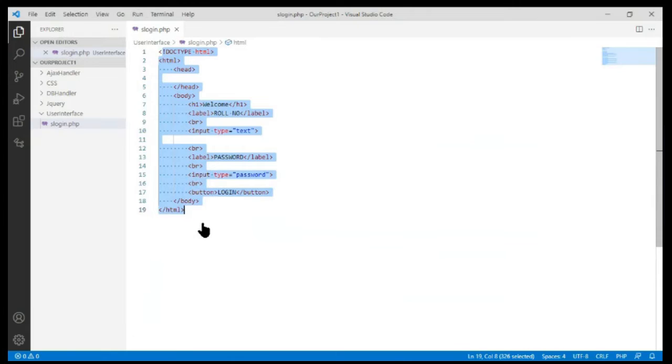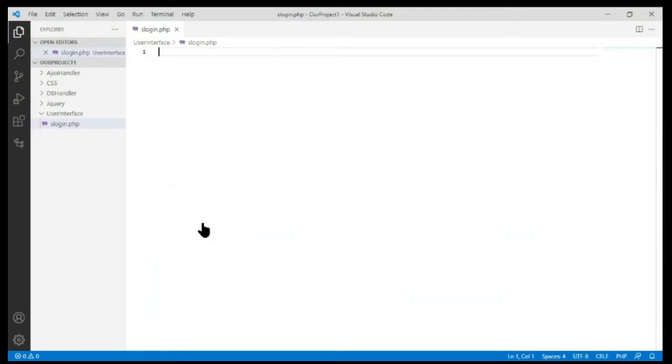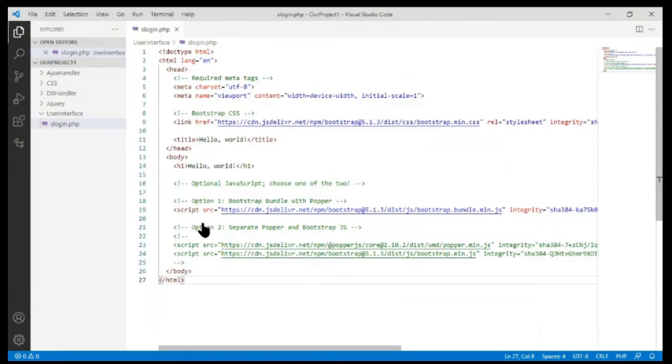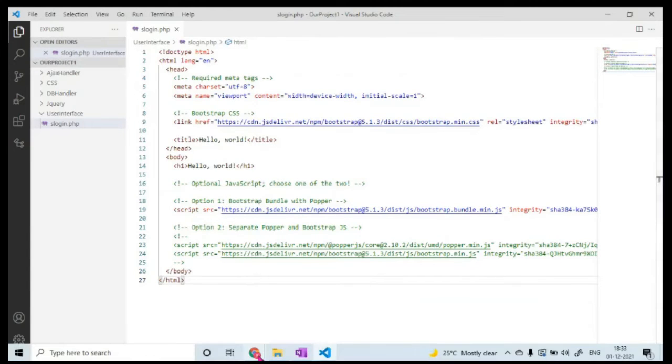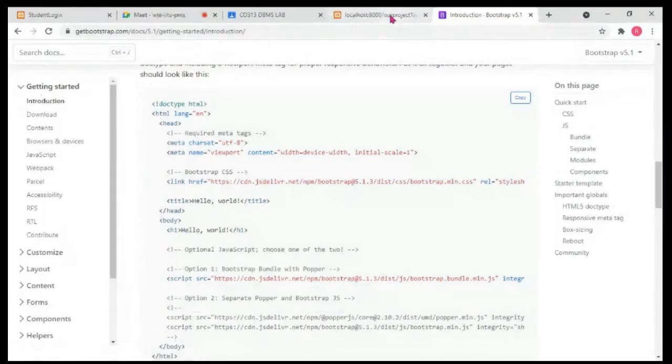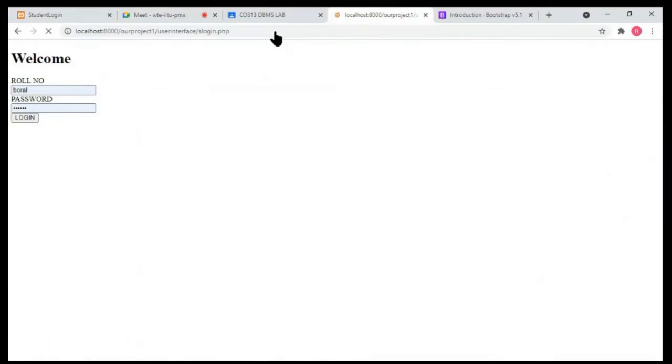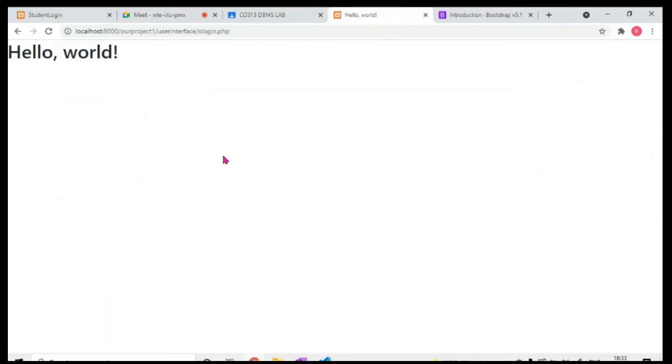Let's put it here. Copy it, delete whatever you have already written in that login.php, and simply paste it there. Okay. Now the content of that HTML page has been changed. Now let's reload this page and see what happens there. So it is simply showing you a hello